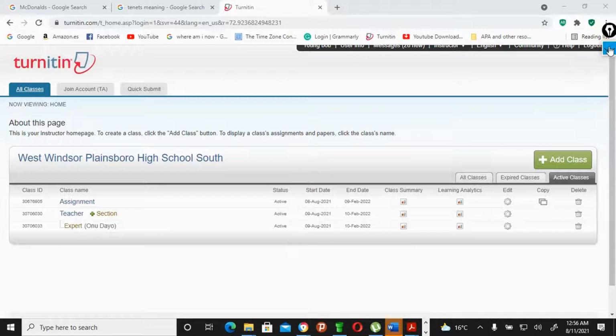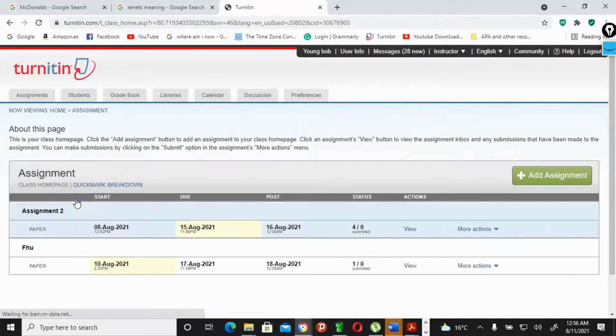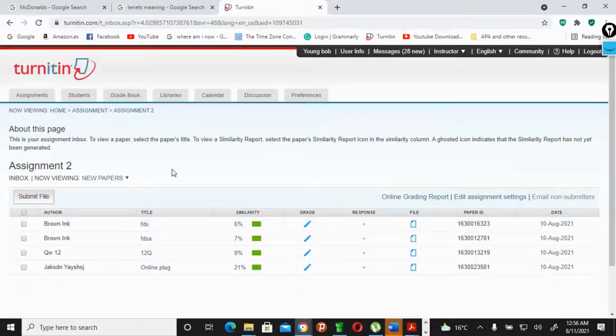Okay, and then now you can enter in one of these ones. Okay, so I'll just enter in this first one called assignment, and then inside assignment there's assignment 2 and there's FHU, so I'll just go with assignment 2. You can go to either. Okay, and then these are other people's documents that have been uploaded, and this is the plagiarism index. Okay, the similarity index. Okay, so now you come to submit file,